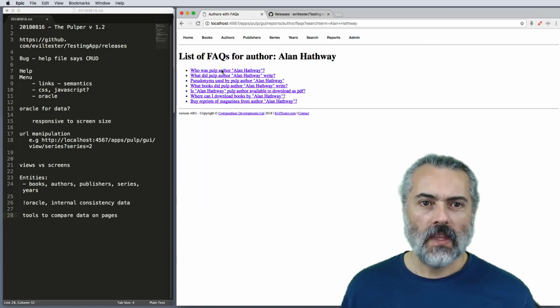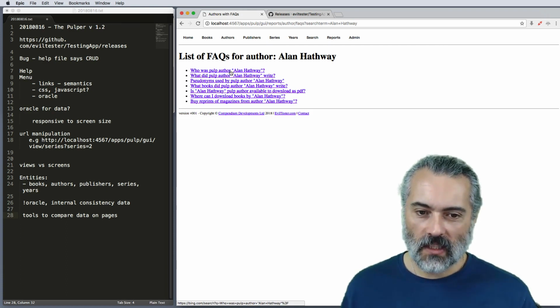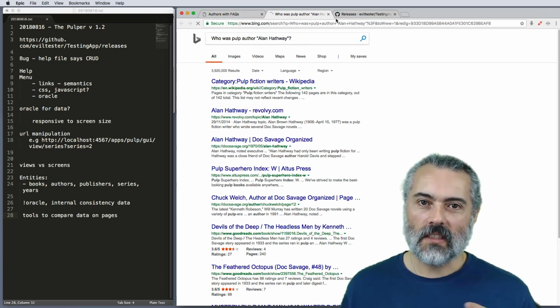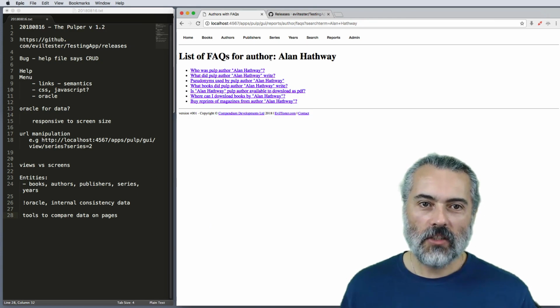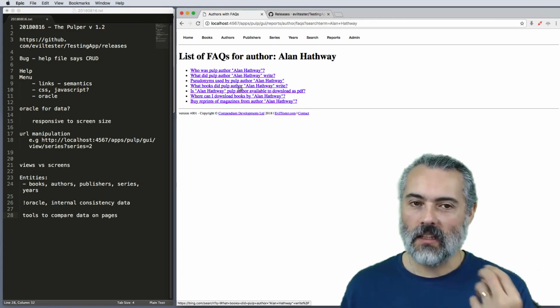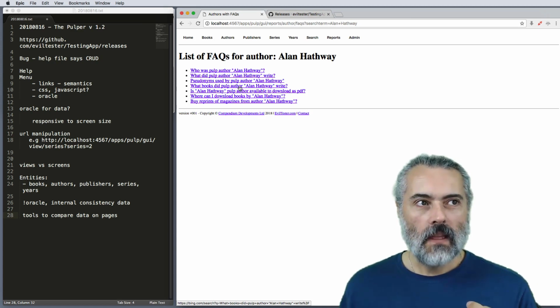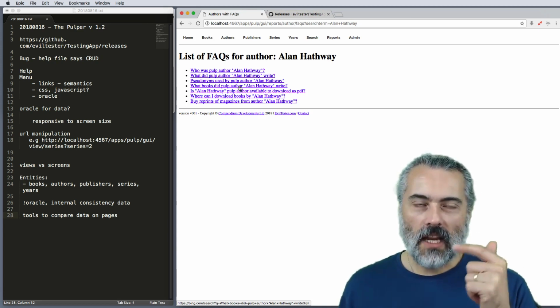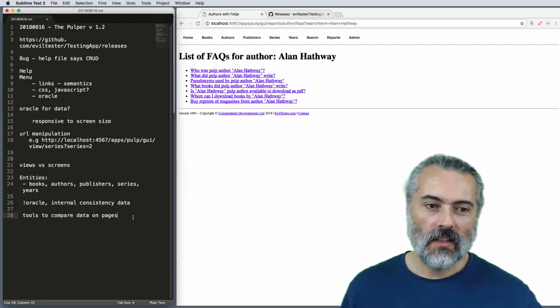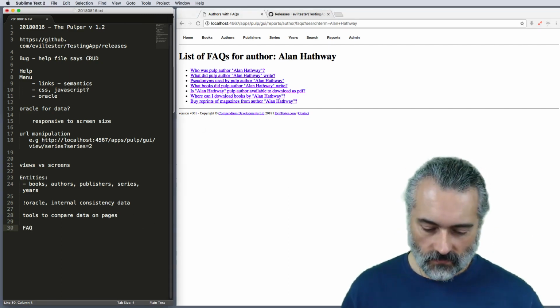What does that do? So that has a list of questions for each of these authors. Again, I can check internal consistency. Now I'm looking at that. Okay, so I need to make sure that those links can work. It goes off to Bing, checks the authors. So if I did link checking on this, I might tell it not to follow external links, in which case it wouldn't test this. So the FAQs